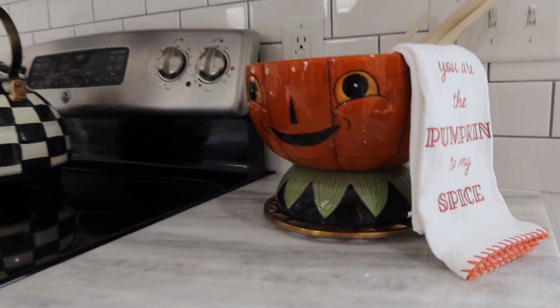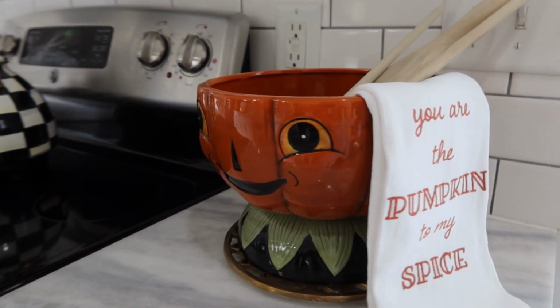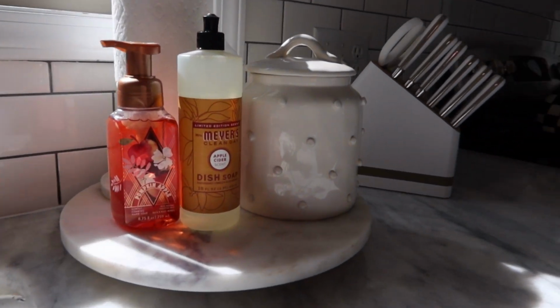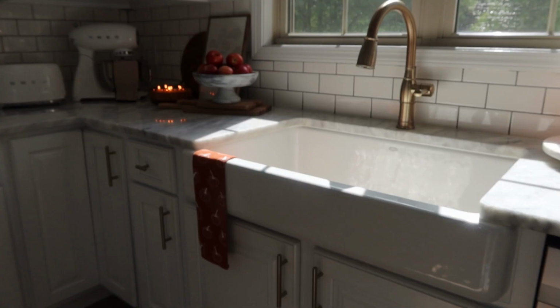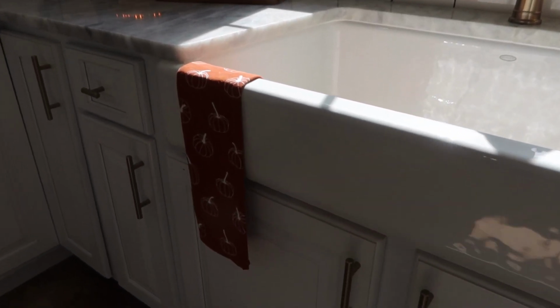I have this cute little Joanna Parker bowl that I just had to have because it's just such an adorable pumpkin face, and I got my fall soaps out every season. I like to have a seasonal soap, so it just brightens up the kitchen, and my little seasonal towels. Those are the easiest ways that you can add a touch of the